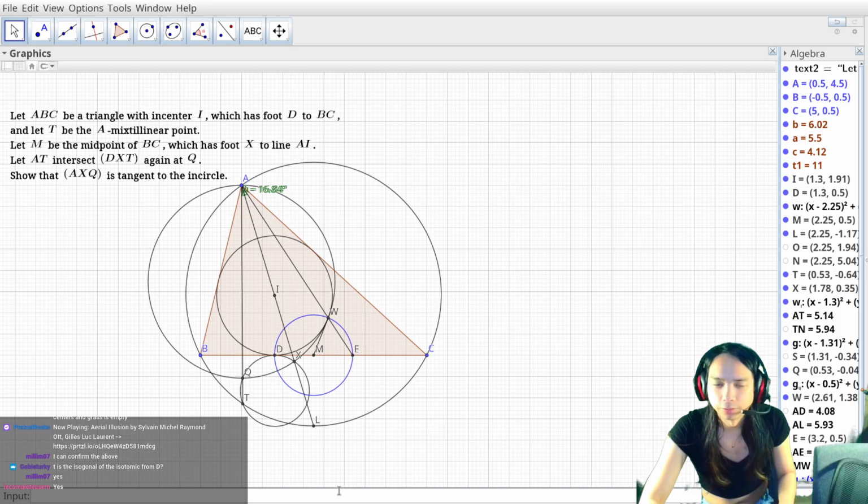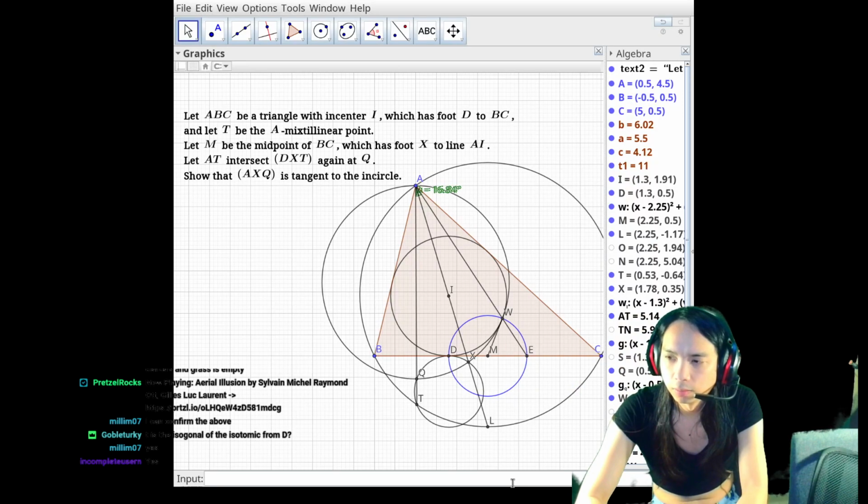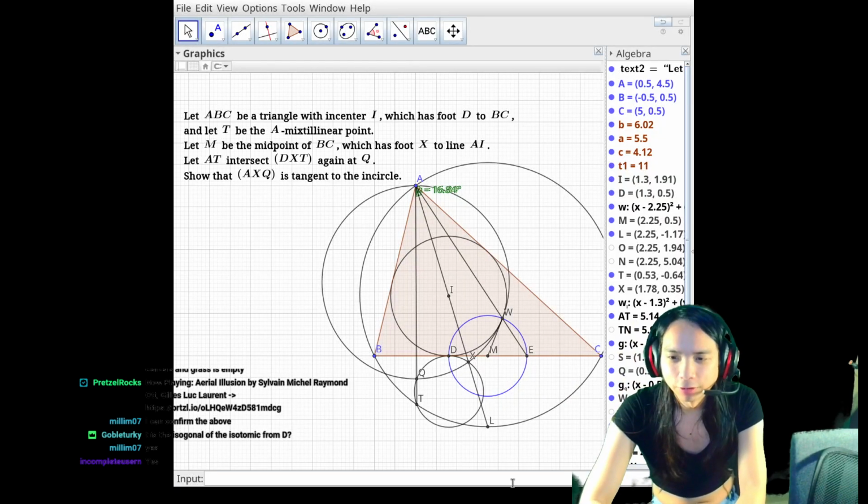Alright, I'm going to go back to just having this one diagram. I don't think I need the diagram on the right at this point anymore. Actually, well... So if we do this really weird thing, which is called cite my own TST problem,